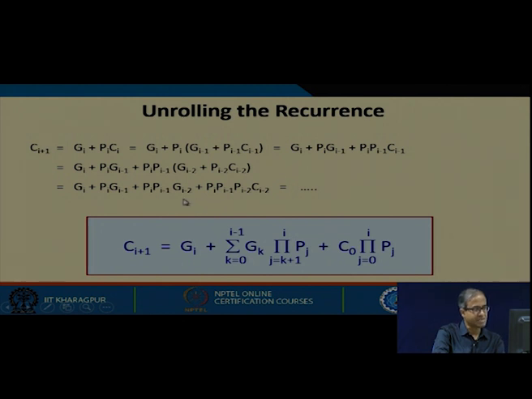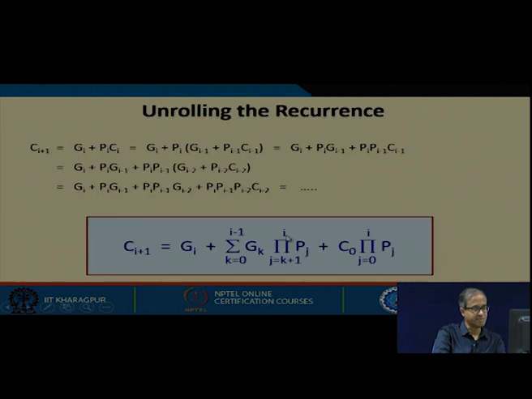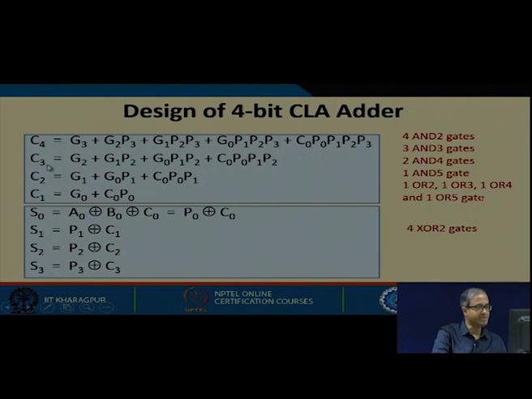So, using the same expressions, C4 can be written as G3 plus G2 P3, G1 P2 P3, G0 P1 P2 P3, C0 P0 P1 P2 P3. This actually follows from this expression. Okay, this you can check. C3 can be similarly expressed like this, C2 can be expressed like this, C1 can be expressed like this, and